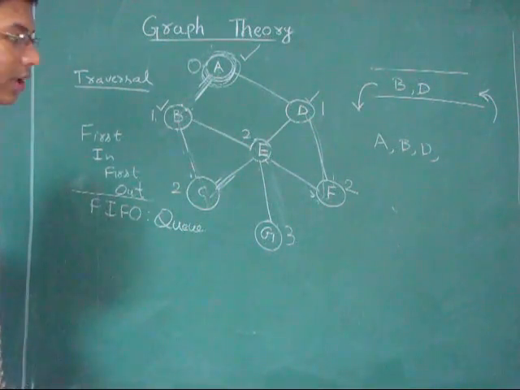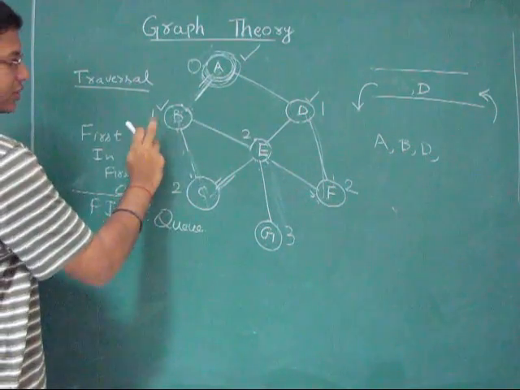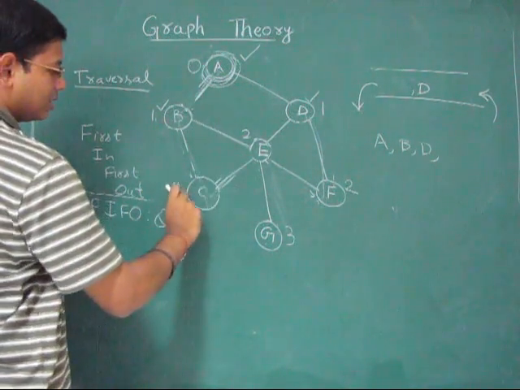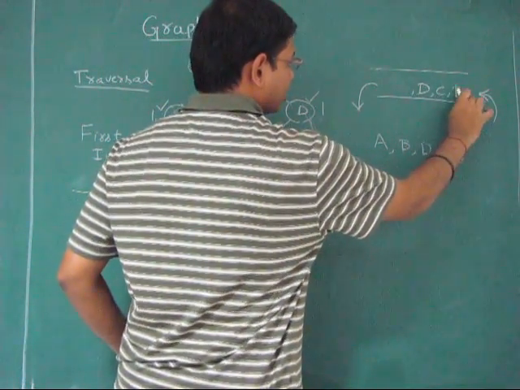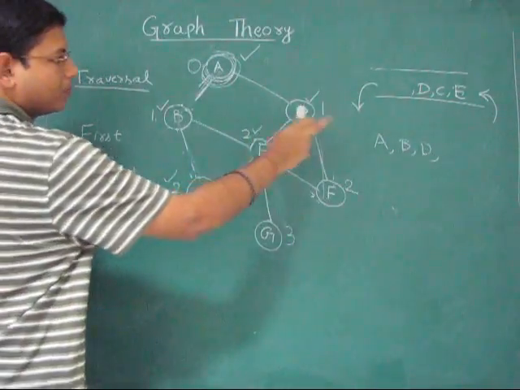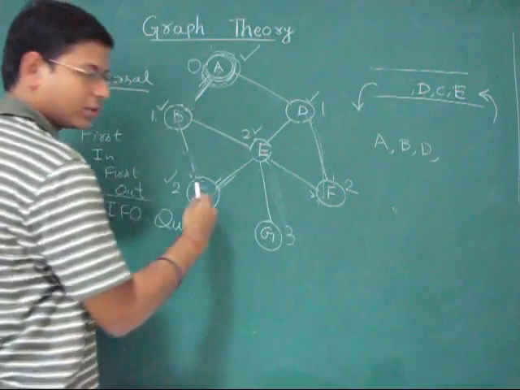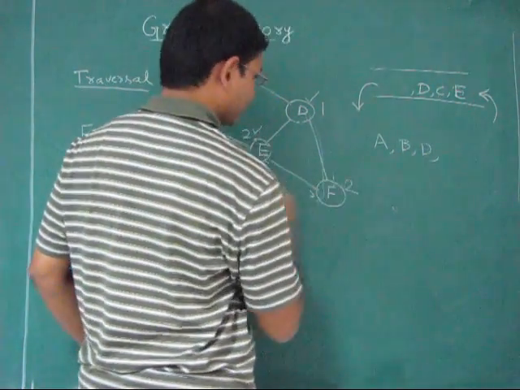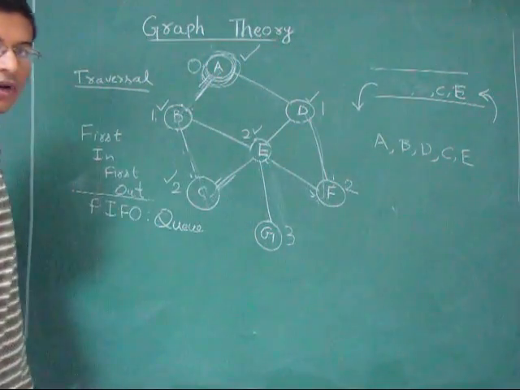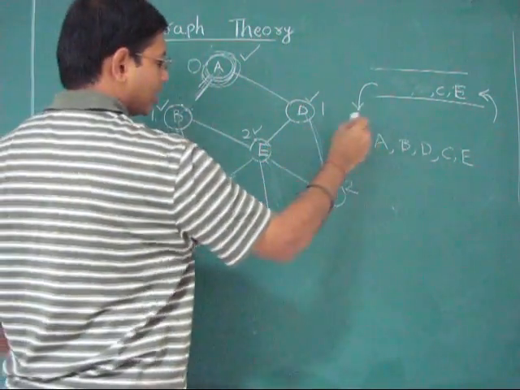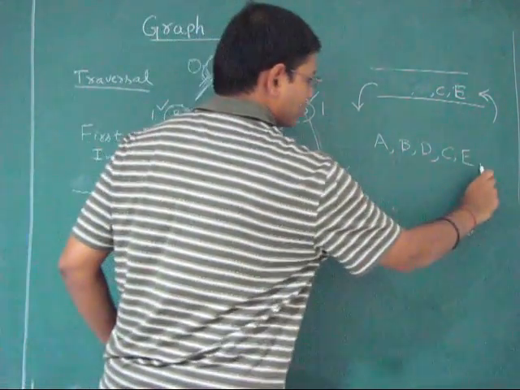Remove the vertex again from the front of the queue and push all its unvisited neighbors. The unvisited neighbors for B are C and D, and we mark them as visited. Now you can see that the vertex D has been pushed first into the queue, and that is the one which will be traversed first before going to any other vertex. So after this we have visited C and D. Now again remove the element from the front of the queue, that is D, and push all its unvisited neighbors. We have only one unvisited neighbor, F. So we push it back.